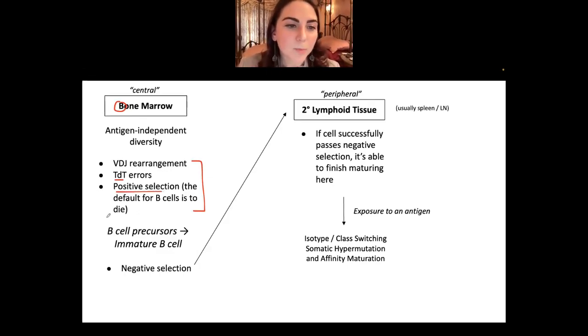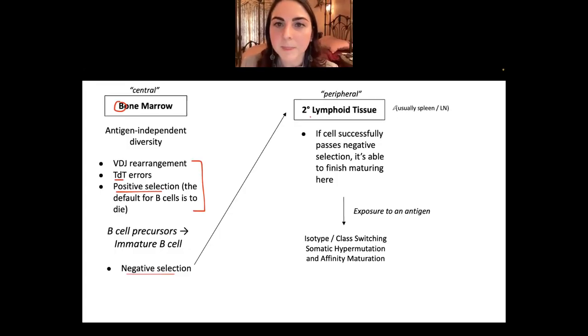Then our B cell precursors go to immature B cells. And then we have a process known as negative selection. Again, we're going to talk about it. If it passes negative selection, then it can leave and go see if it can find antigen. So it's going to go to some sort of secondary lymphoid tissue. Remember, secondary lymphoid tissue: spleen, lymph nodes, Peyer's patches, anything that is lymphoid in nature,